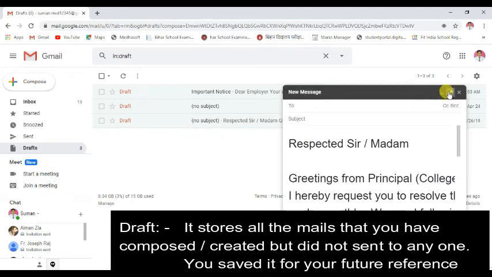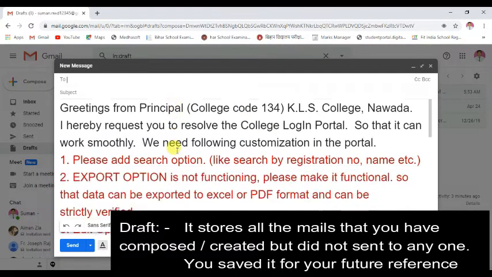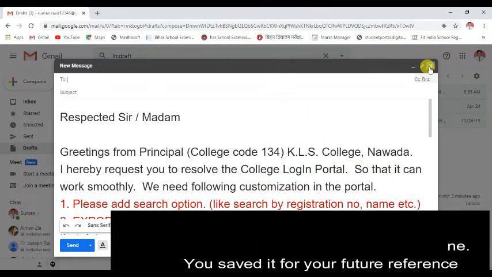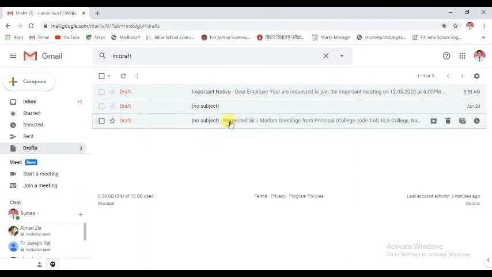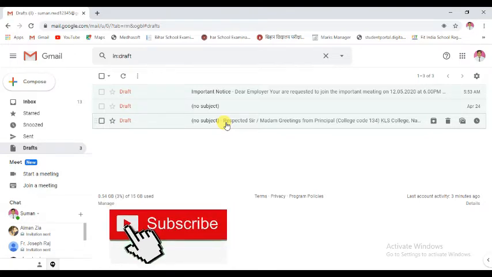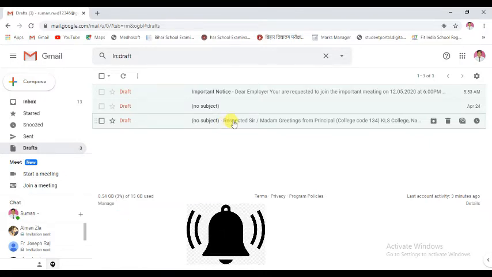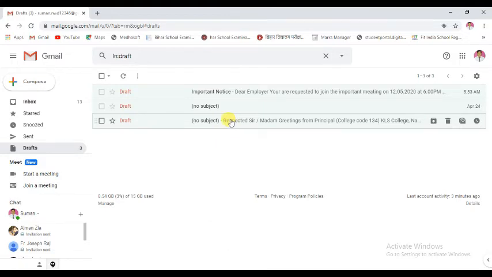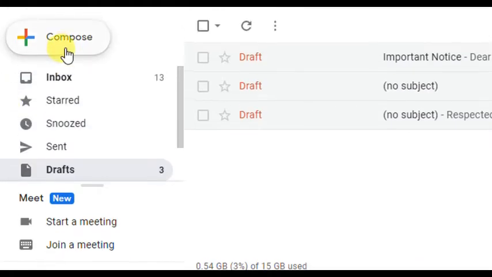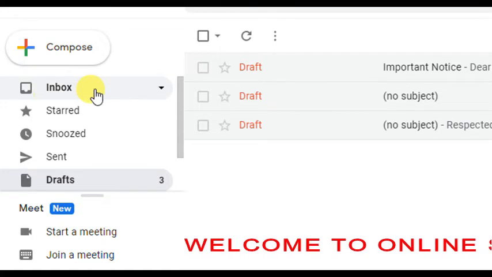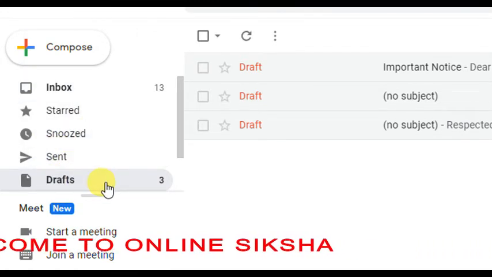Let me show you. Suppose I have typed these messages and kept them for future reference, but I did not send them to the recipient. So all the messages displayed here have been saved for your future reference, that you have created but did not send to any person. All such messages that you have created but saved for future reference will be displayed in this folder. So I hope these four components of a Gmail account are clear: compose, inbox, sent and